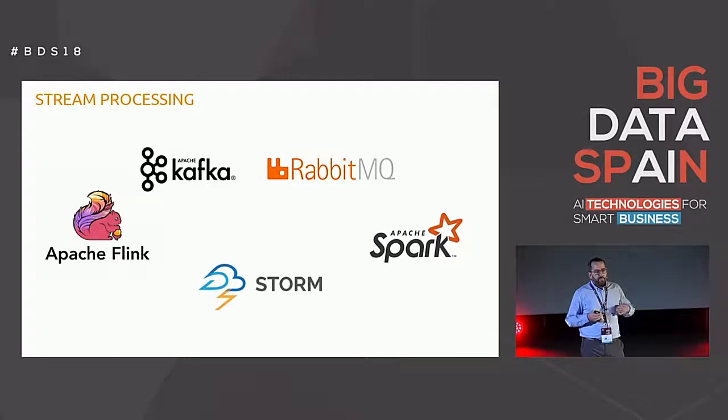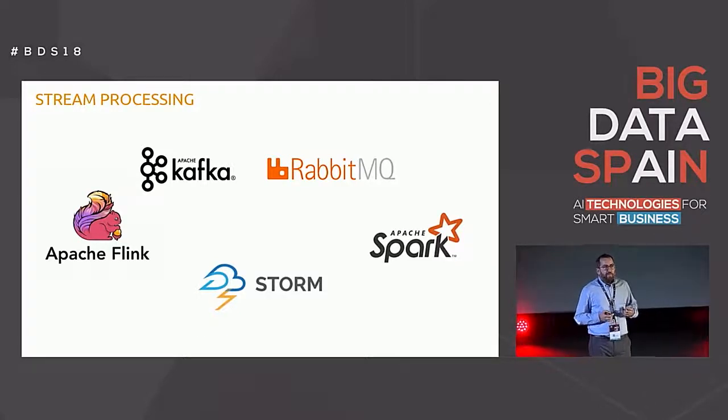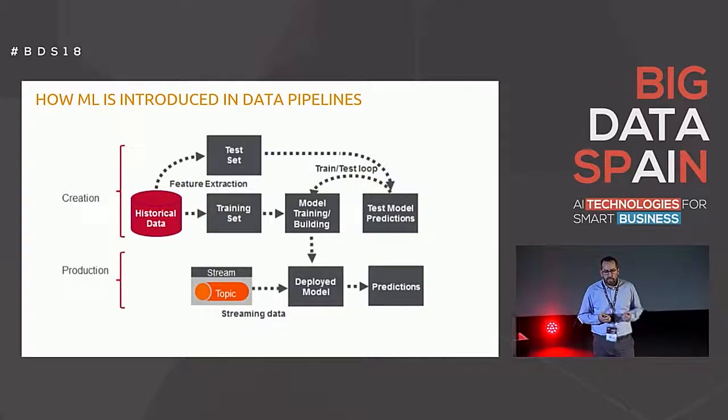We can implement jobs with Flink, Storm, or Spark. Everyone thinks this is a good trend now because companies need to process in real time or near real time. But there is a problem when we have to integrate machine learning in the data pipelines, in data stream